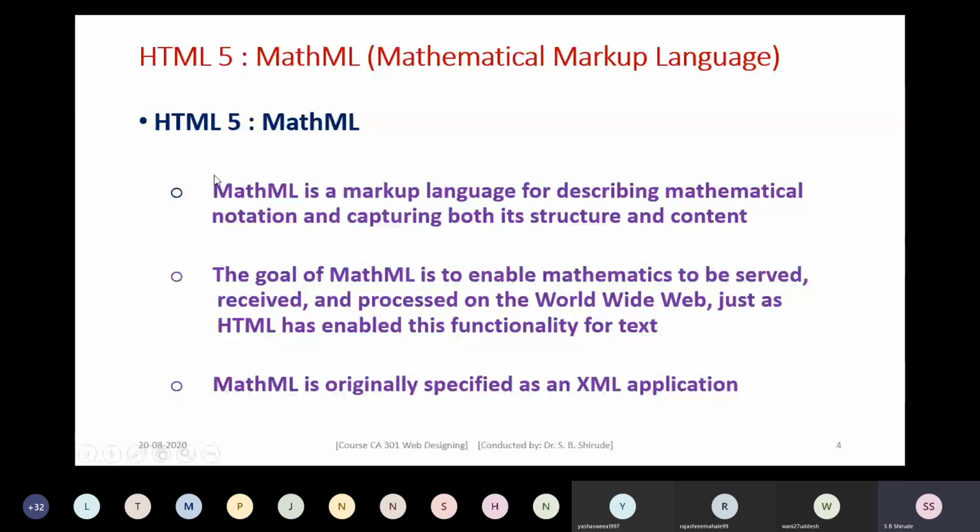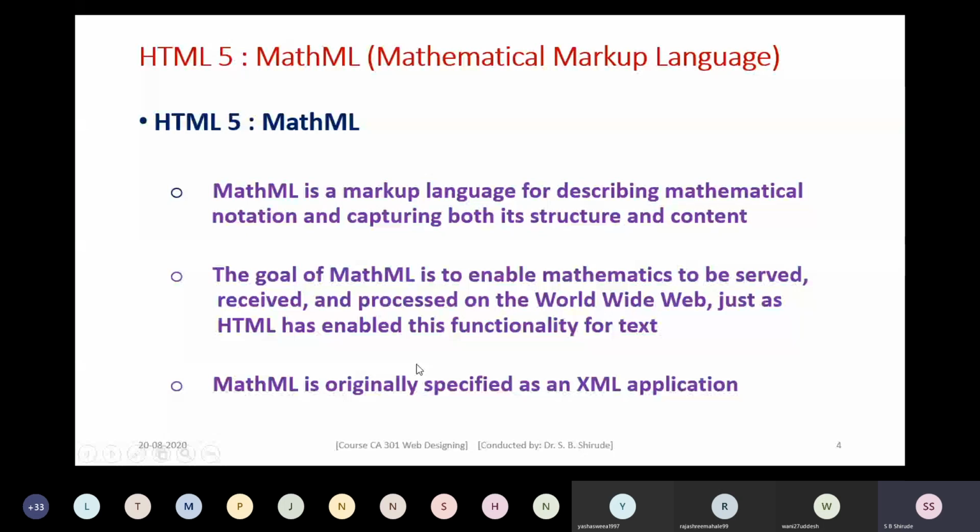But in mathematics, complex symbols, equations, matrices, many different things occur. Operators, operations, actions, all these things are involved in mathematics. So when we want to describe such mathematical notation in the form of a web page, we need some language, and therefore MathML was developed.